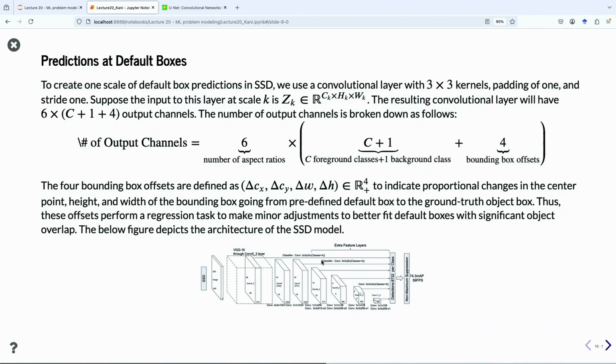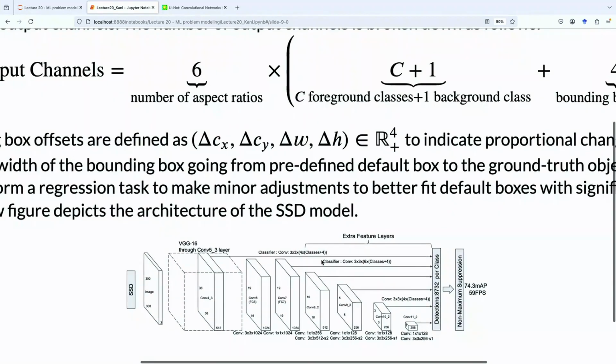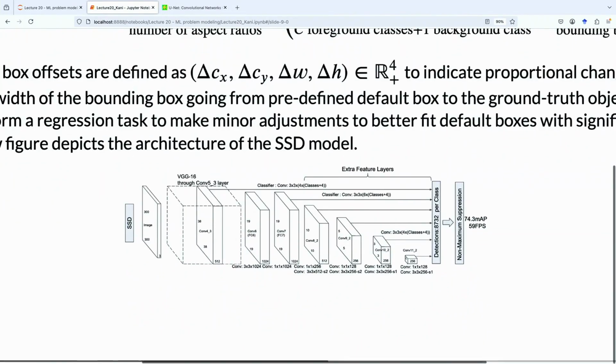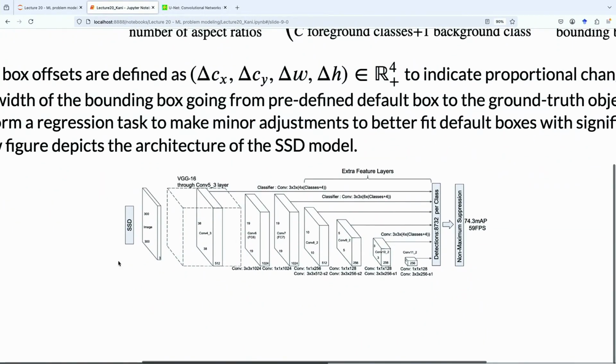So if we look at a particular convolutional network, there we go. We have the image that goes in through a bunch of different convolutional layers. At one point we take out the classification, then we output the detections.